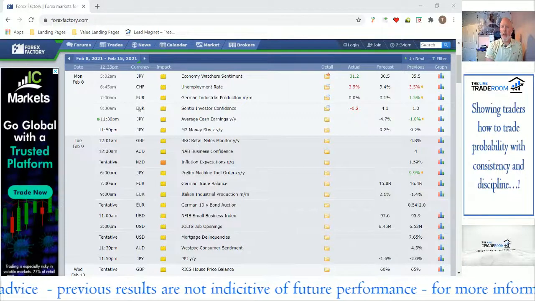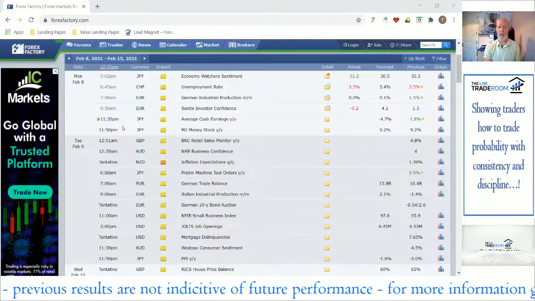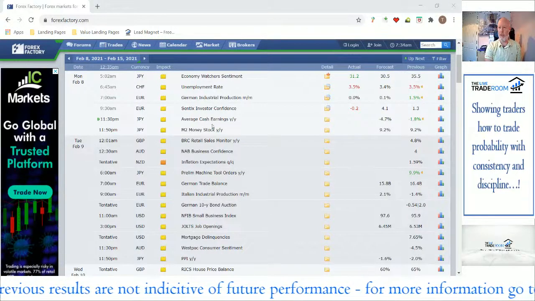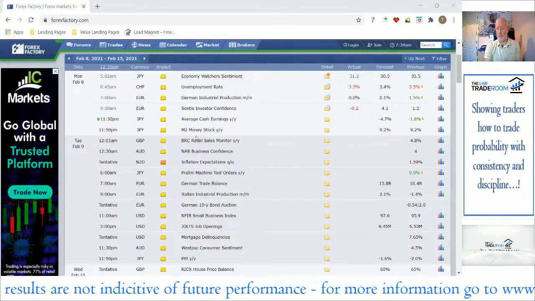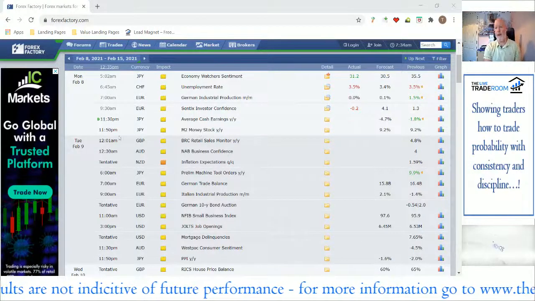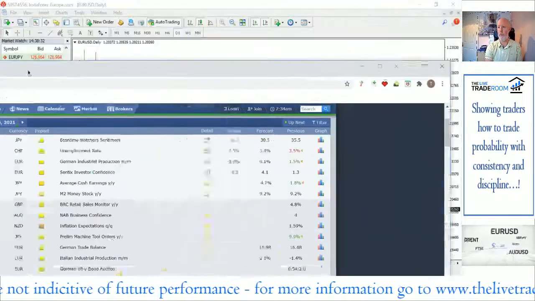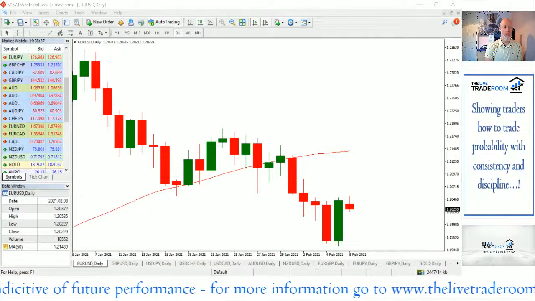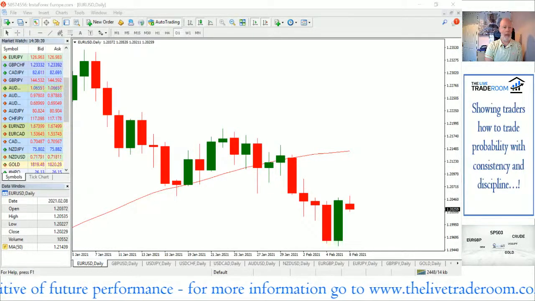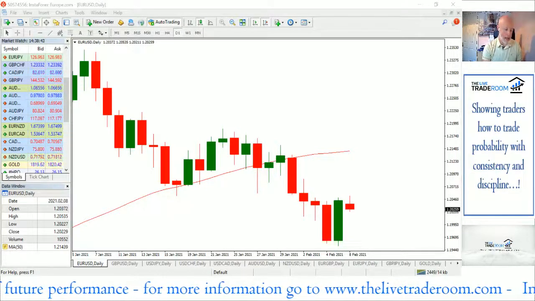So today, nothing really to contend with. We want obviously the news events that are pretty close to the time at which we're trading as well. So you can see that the next very, very minor news event for the day is close to midnight tonight UK time. So that's the news. Nothing really to influence these markets to any great extent.